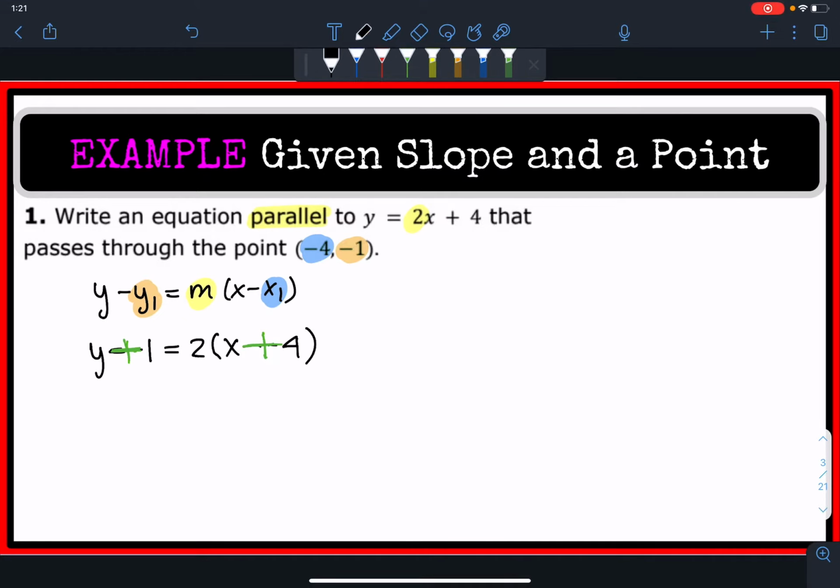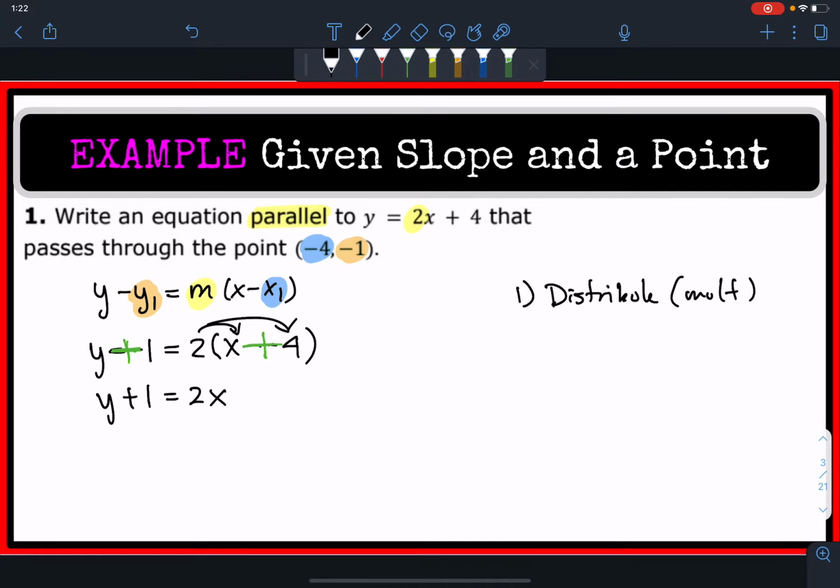And then we follow two steps. We distribute, which means that we're going to multiply. So in the parentheses, we're going to distribute this 2 and multiply both values by 2. Multiplying x with 2 is simply 2x, but multiplying 4 with 2 is going to equal 8. And our second step is going to be to either add or subtract, or in very simple terms, move the y1 number